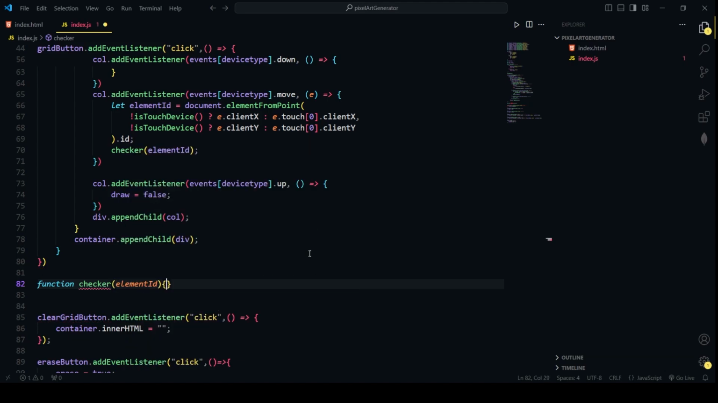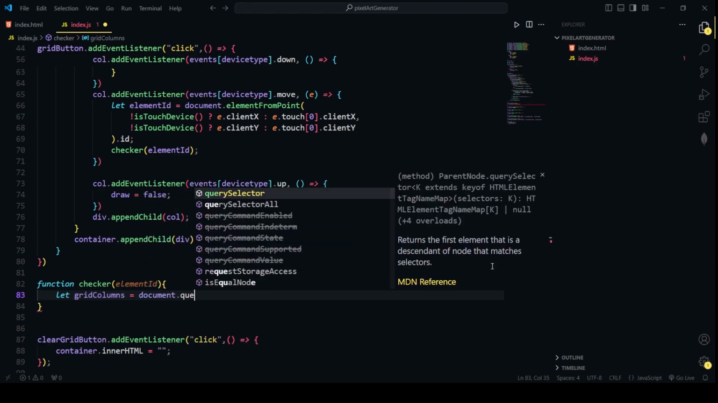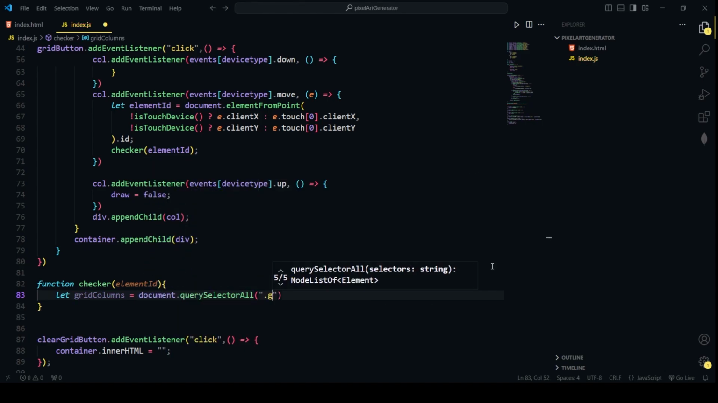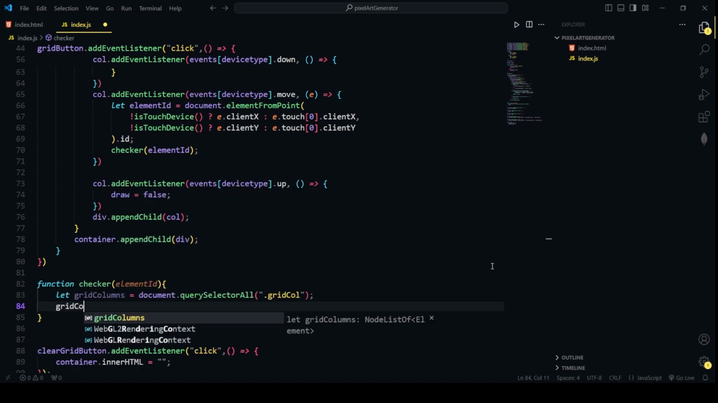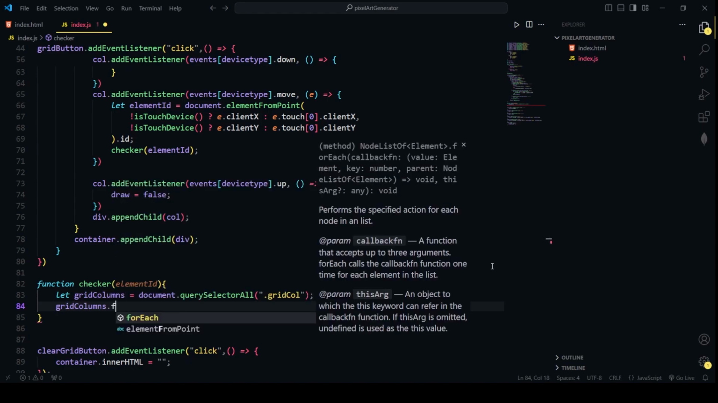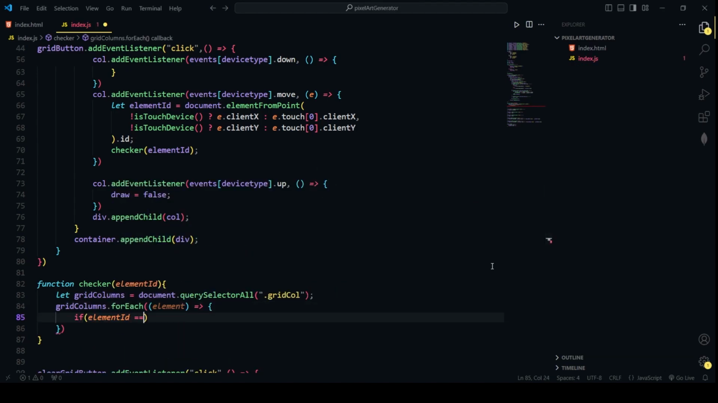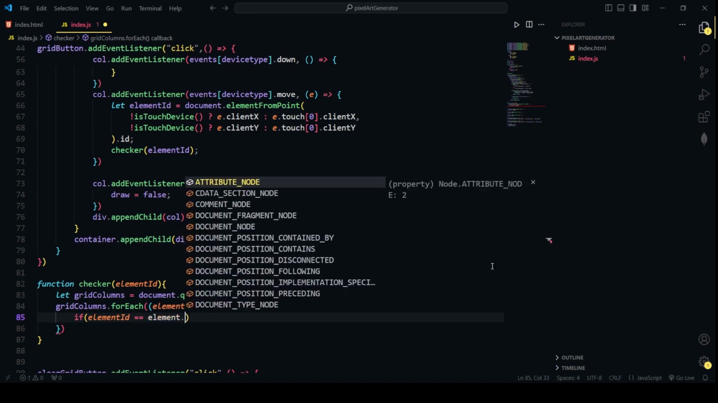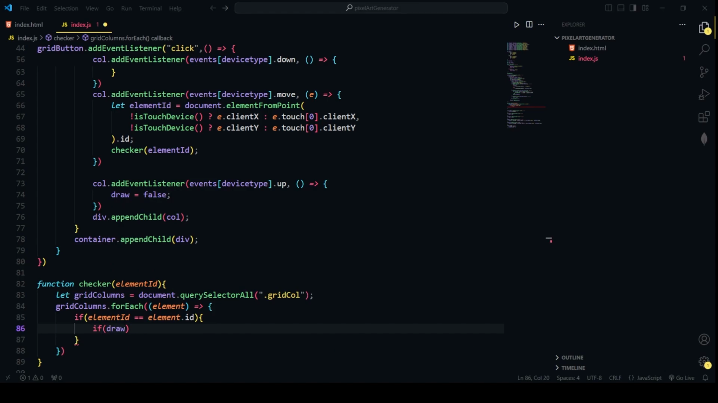So it will take element ID, and it will say grid columns to be equal to document dot query selector all, and we want to get all of the, it will be class grid col. So now we got all of the columns inside our grid columns. So we will iterate over all of the columns. So grid columns dot for each element, if element id is equals to element dot id, and if draw is true, and